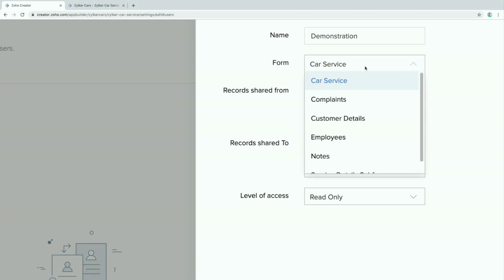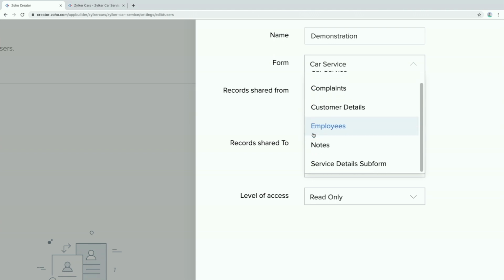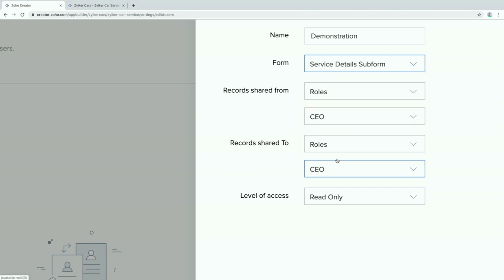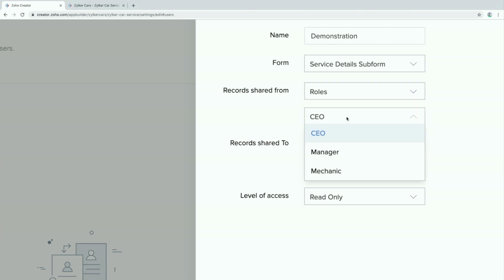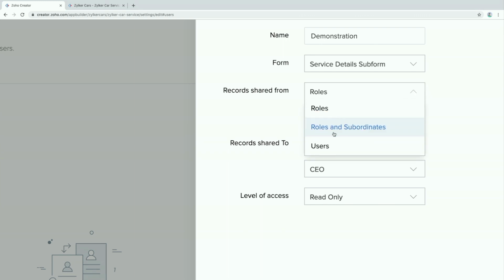So for which form? I'll say it is with the subform information. Records shared from. So he is the actual owner of the record. So be it a role, you can say record shared from the manager role, or you can go with roles and subordinates, which means manager, the mechanics reporting to him, they all will be covered.